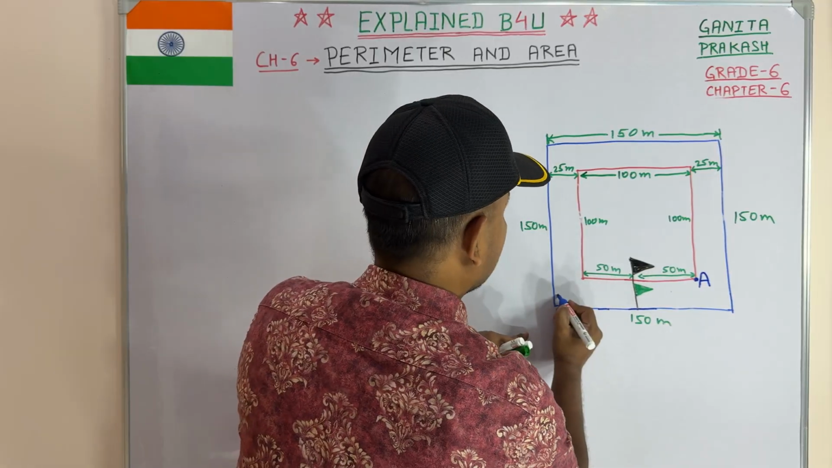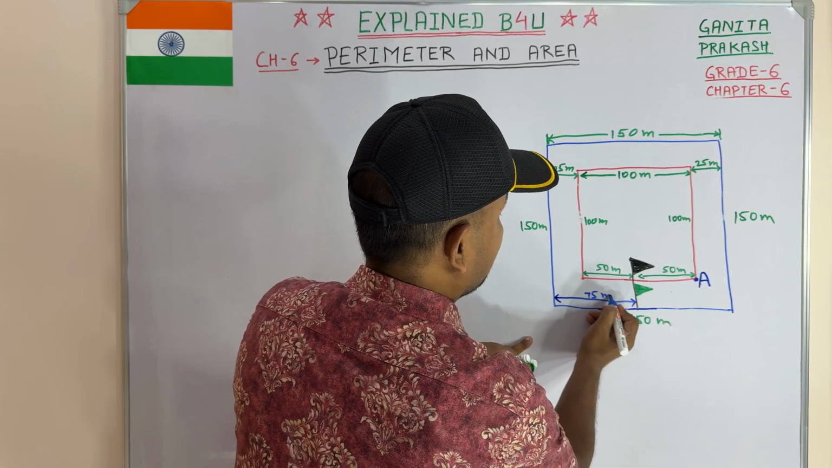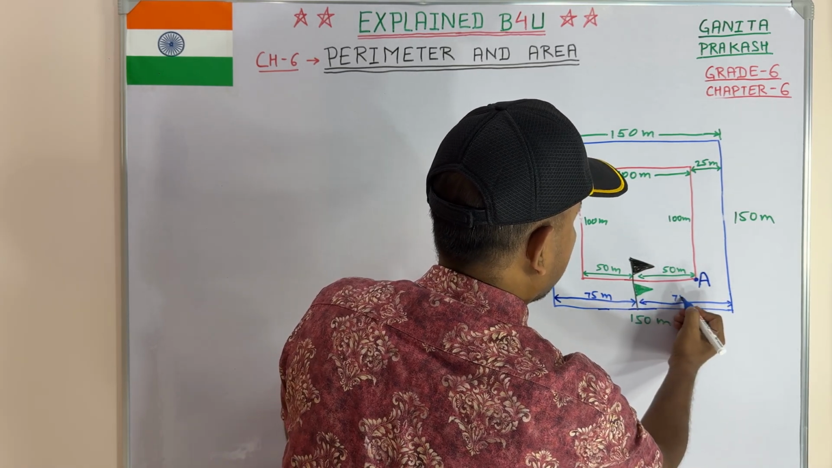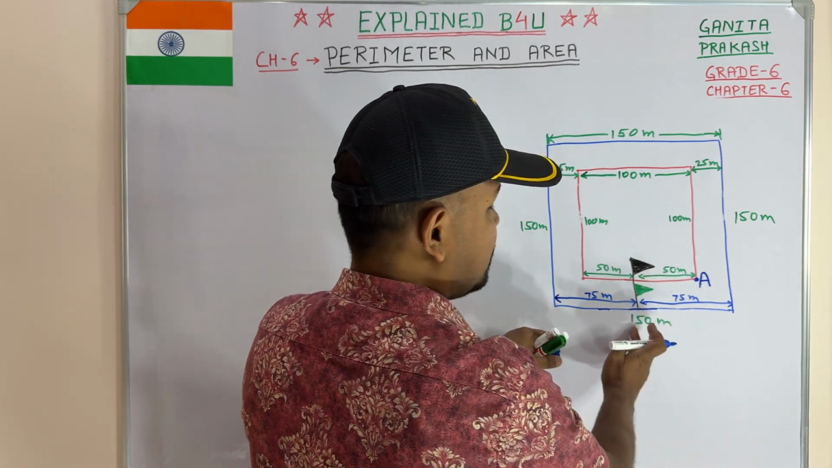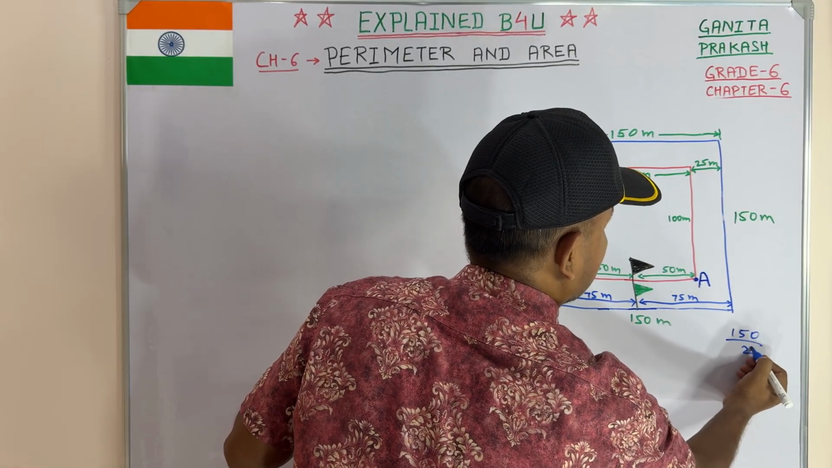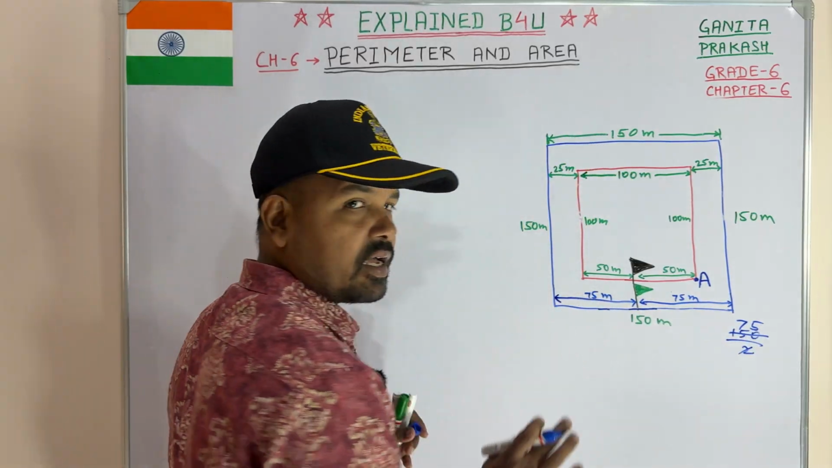so half of the track will be 75 meter. This will be 75 meter, this will also be 75 meter, because this is in the middle. तो 150 डिवाइडेड बाई 2 क्या होता है? 150 को 2 भाग में बांट देंगे, 2 7 जा 14, 2 5 जा 10, 75 मीटर आएगा ना बच्चों।